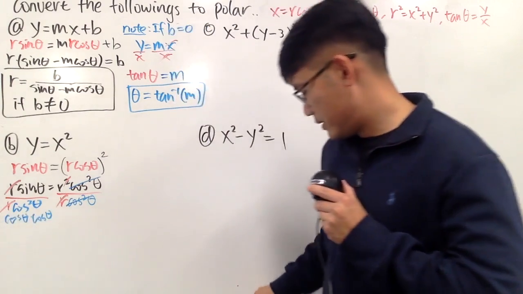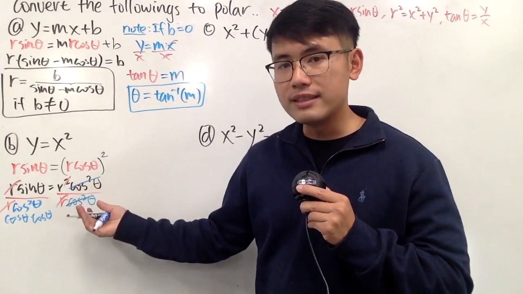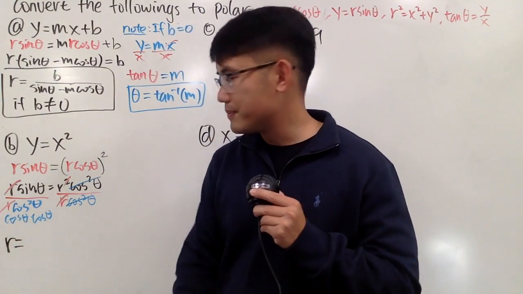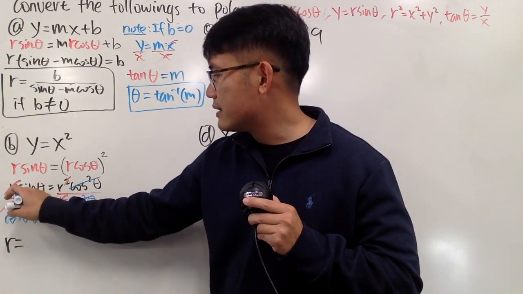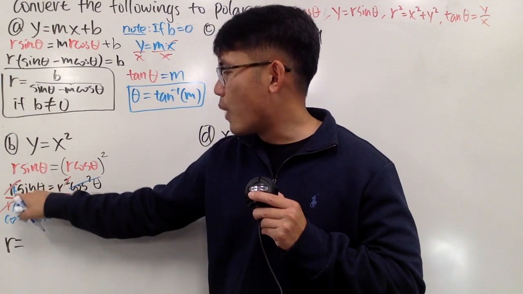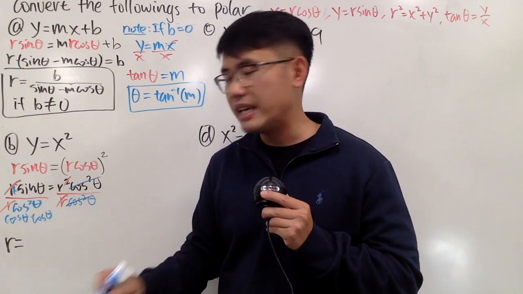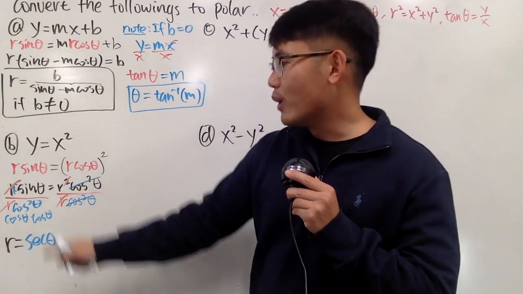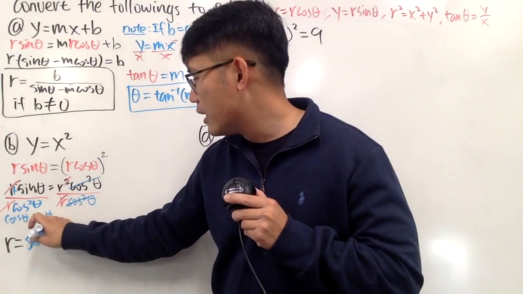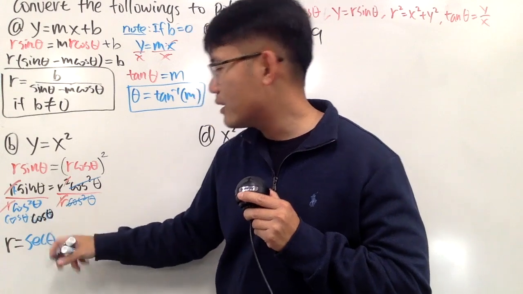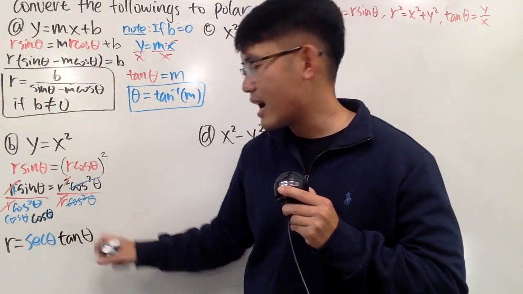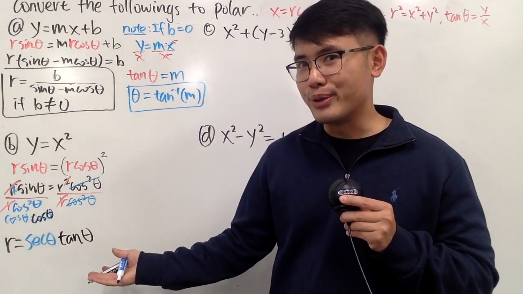And let's see, we have the r on the right-hand side, but let's put that down first. And now check this out. First, we can write this as 1 times sine theta. 1 over cosine is secant, so we have secant theta. And we also have sine theta over another cosine theta here. Of course, that will give us tangent theta. Doesn't this look really cool?